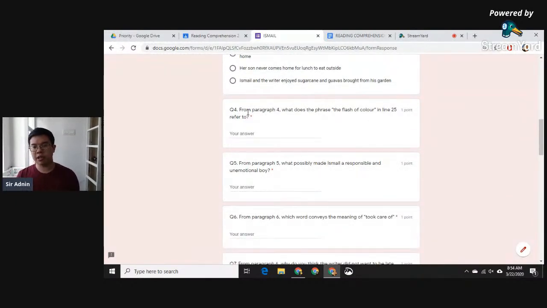Okay, question number 4 from paragraph 4. What does the phrase the flash of color in line 25 refer to? So the flash of color here, kalau kita translate in BM, it means flash is like something that moves very quickly and you see a color. So in line 25, we're still not sure what it is, but if you think about Ismail and the writer,